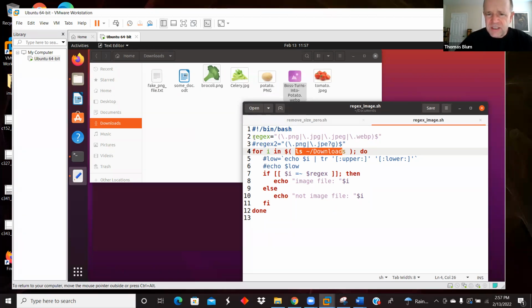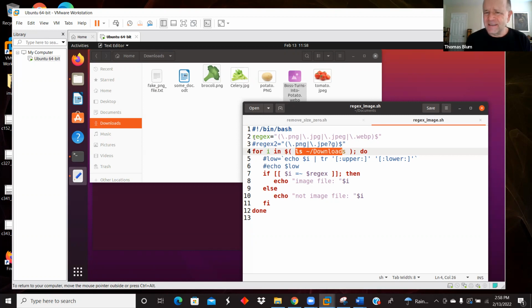And so in regular expressions, a dot has a special meaning, but I don't want dot to have its special meaning in regular expressions. I want it to be, literally, I'm literally looking for a dot in this file name. So I do a backslash. I escape the dot and make it just its normal dot self. So backslash dot and then png. So that's telling me I'm looking for things that have a .png in them. The vertical bar is an or, so I'm looking for .png or .jpg, another vertical bar, or .jpeg with the E in there,